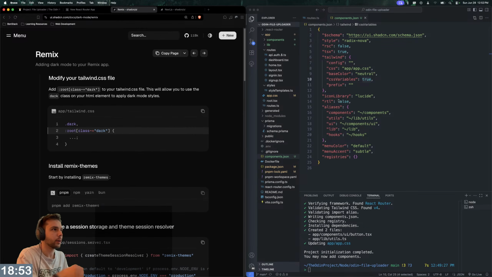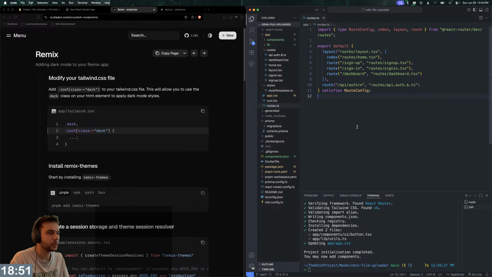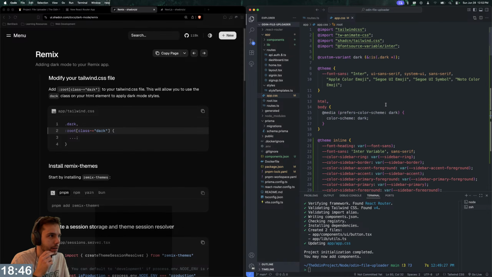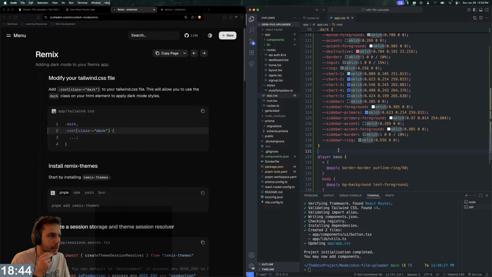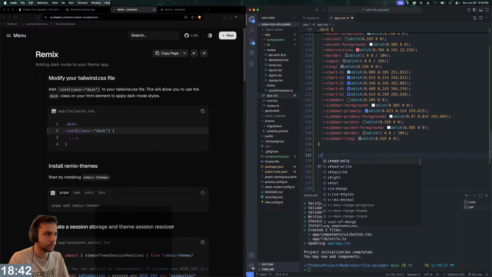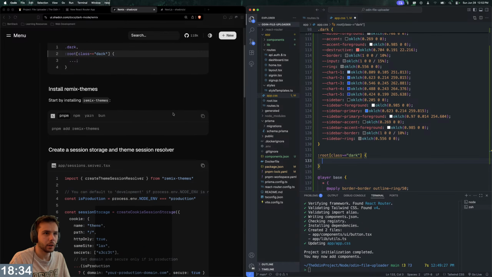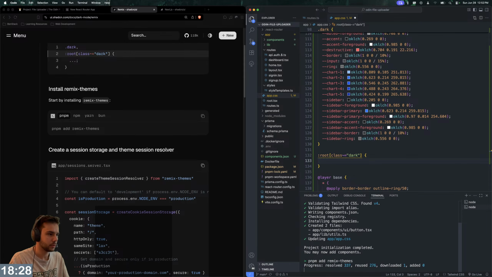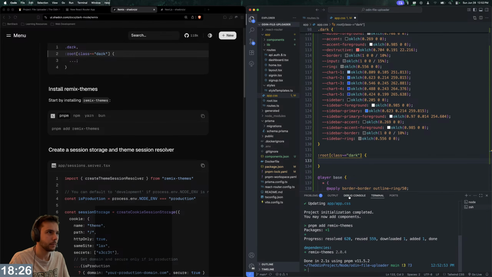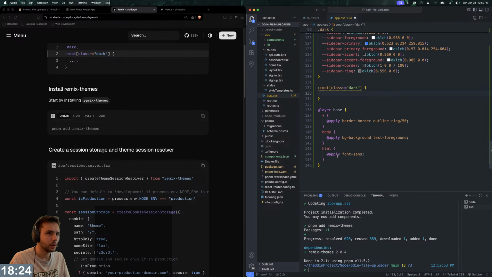Remix is React Router, so let's just do this. Add a root class dark to this. Okay. All right. And then pnpm add remix themes. Okay. And then